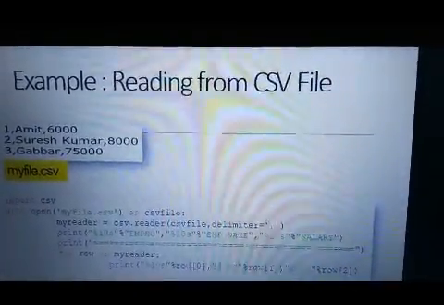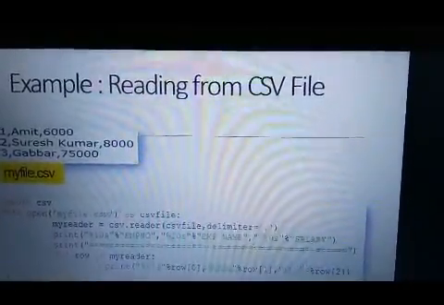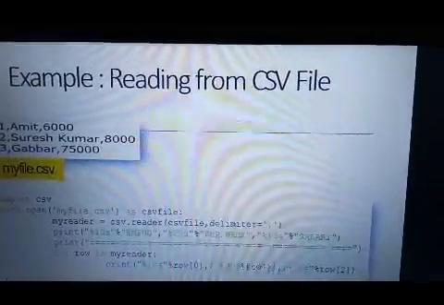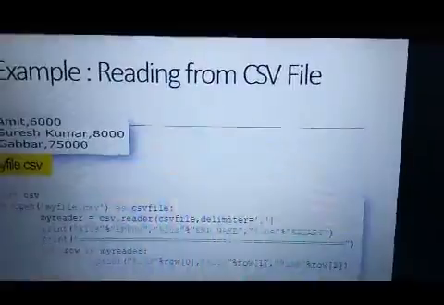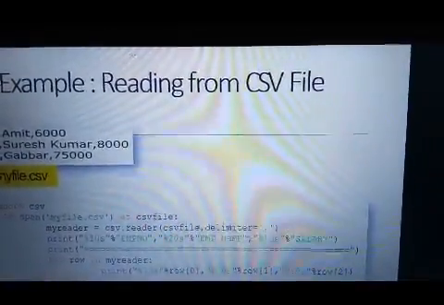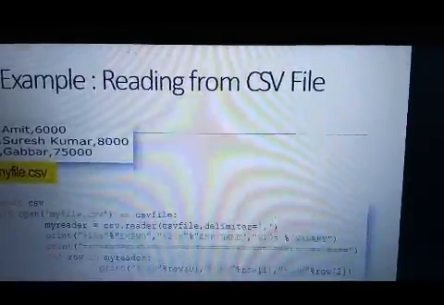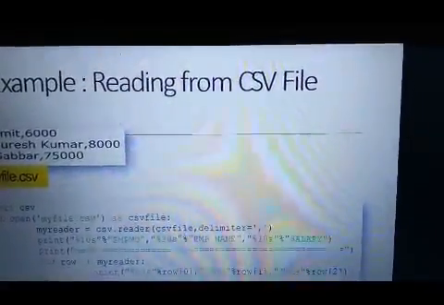So here I am assigning 20 spaces for employee name and 10 spaces for salary also. The sixth line is used to read each row from the file one by one and store it in the row variable. That is, all the comma separated values will be separated in row at different indexes.